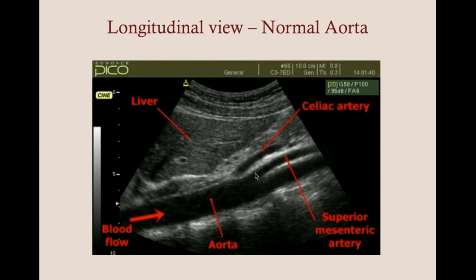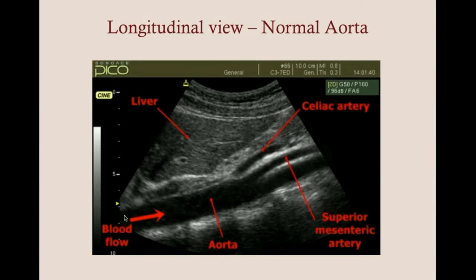You can also get a longitudinal view of the aorta. This can be helpful. You just switch the direction of your sonogram, and you can get a different perspective of the aorta. So here we're looking down. This is superior, this is inferior down here. Here's your liver, here's your aorta. And here you have your superior mesenteric artery going down to supply your mesentery, and then here's your celiac trunk